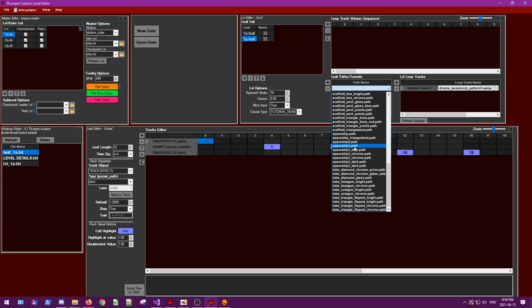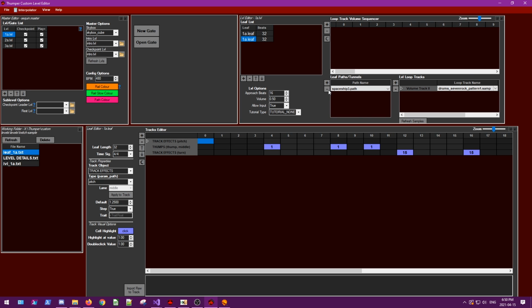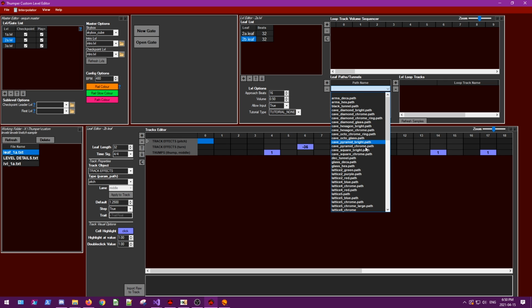Let's just pick spaceship. So now if we switch between these, you can see this first leaf does not have a tunnel, but the second one does. So I'm going to apply a tunnel also to the second pattern of 2B. I'm going to give this one